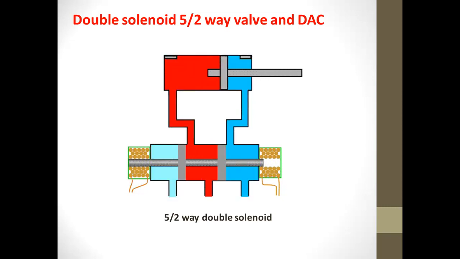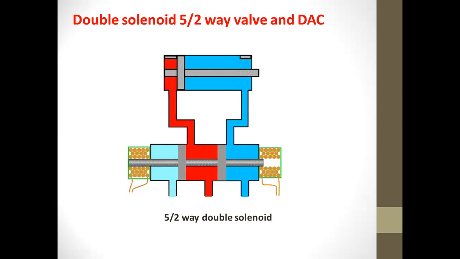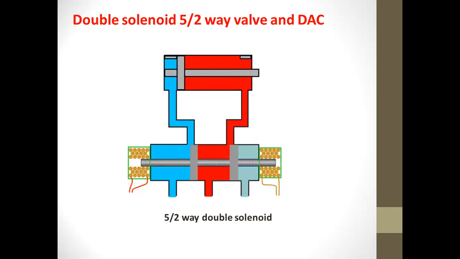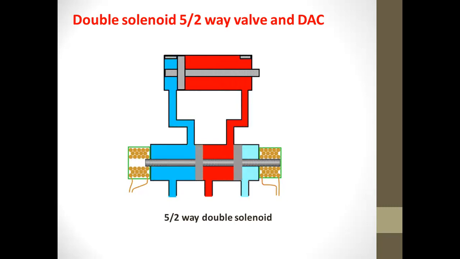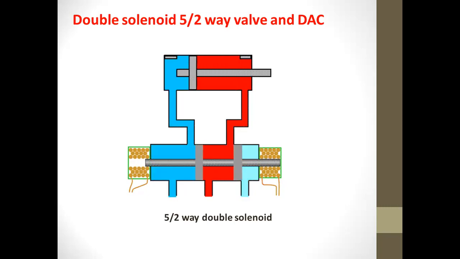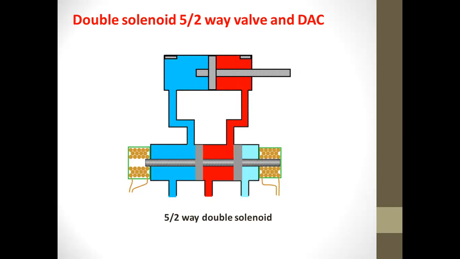So, to wrap it up, for the 5-2-way solenoid valve, we have the single coil, and then the other type is the double coil. Which one is also used in the industry? That depends on the application. If the application is sensitive to, let's say, power interruption, that means